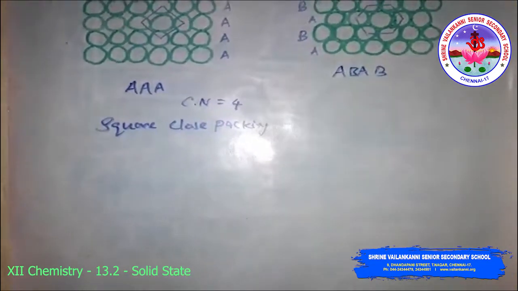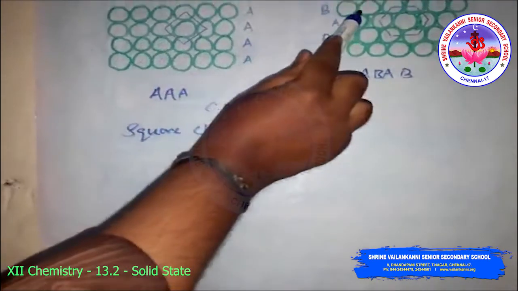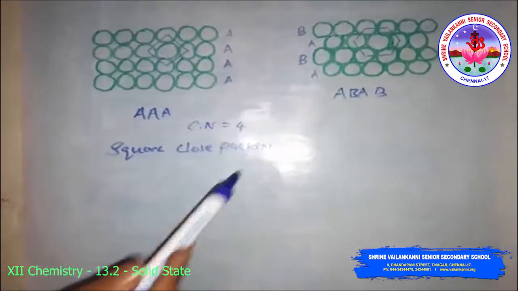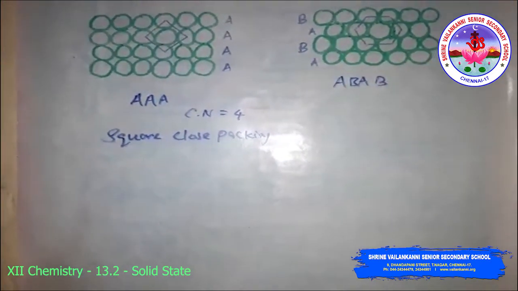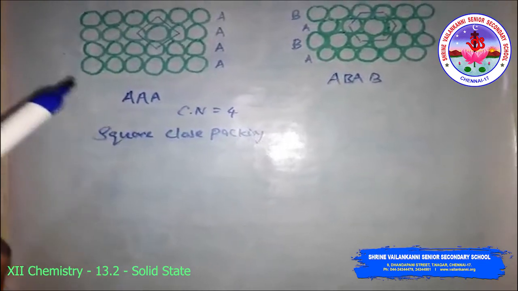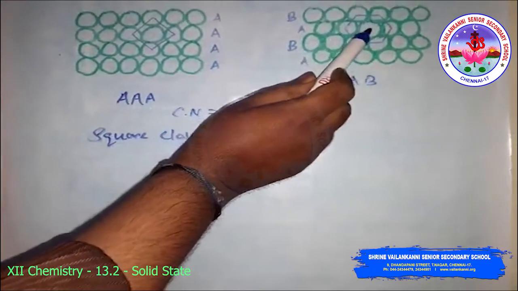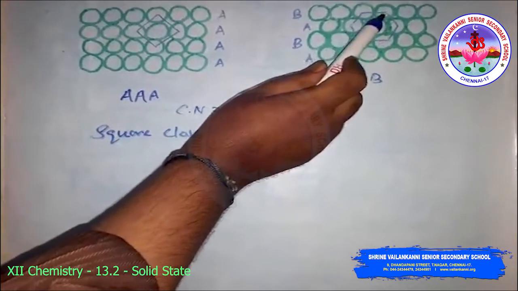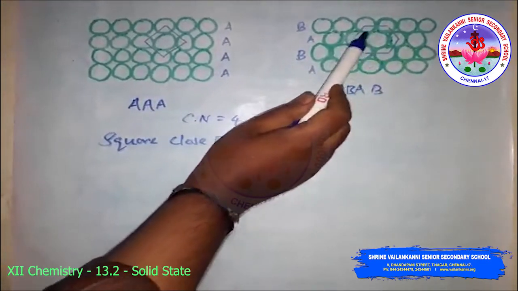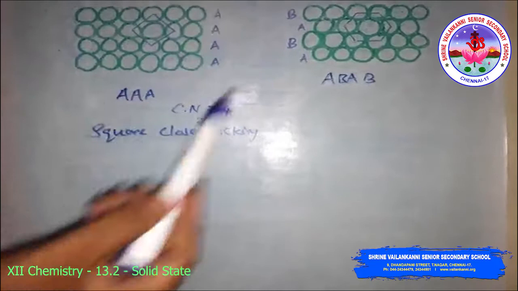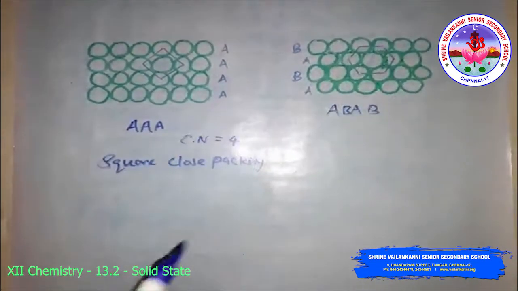So in this arrangement there is less free space compared to this. The free spaces are very less. Then here, the center of these 6 spheres, look at this. The sharing of neighboring atoms: 1, 2, 3, 4, 5, 6. So 6 spheres are neighbors. So the arrangement looks like a hexagon type.